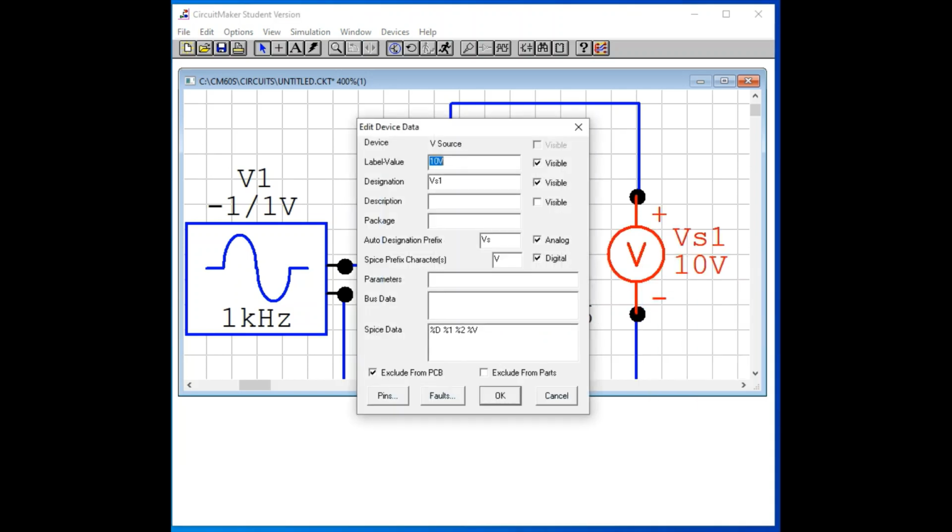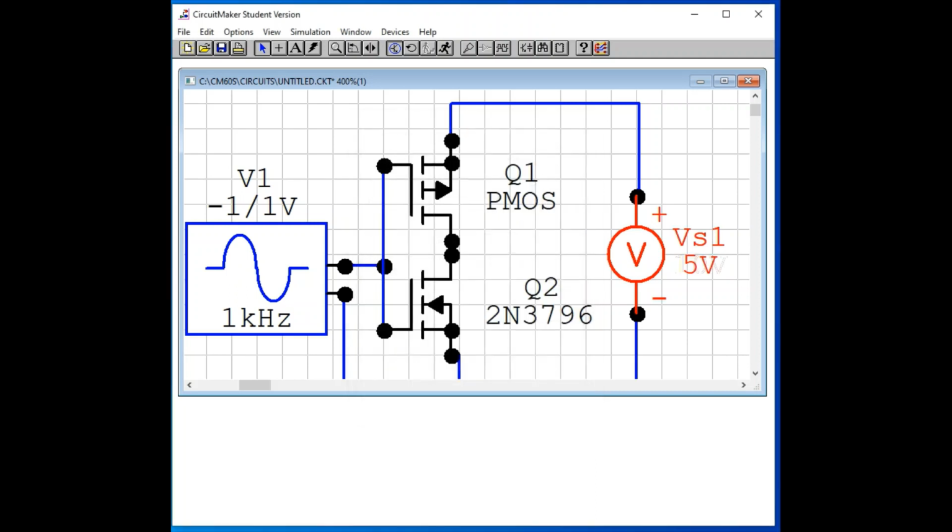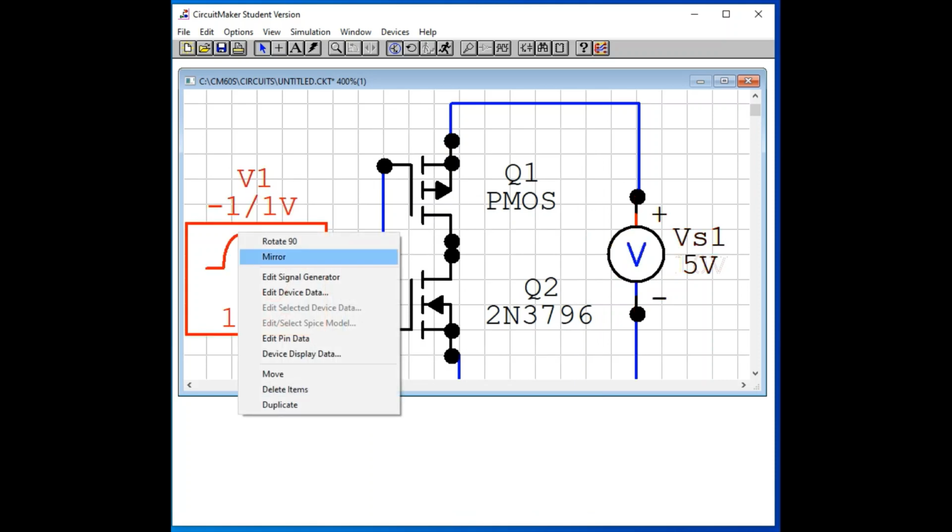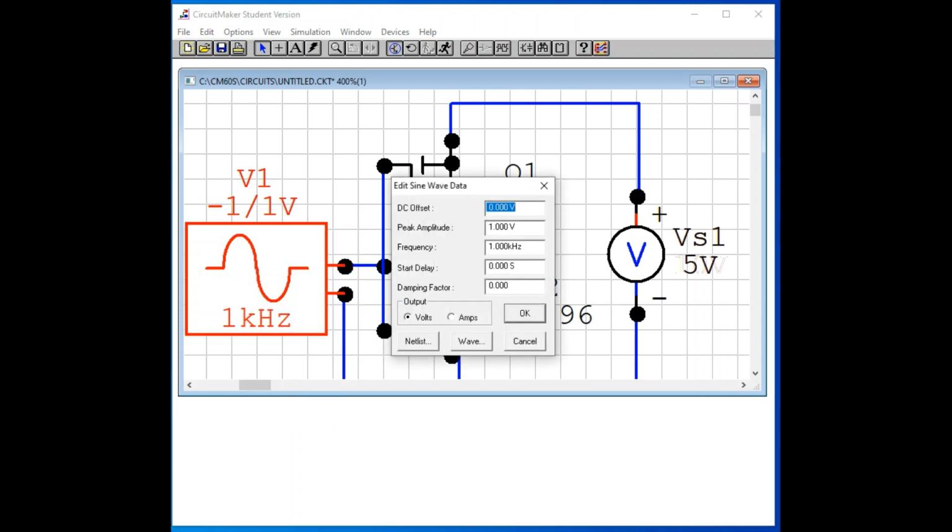So you can basically set it to 5 volt. Then signal generator, right click, edit signal generator. After 0 peak, maybe you can put 5 volt, 1 kilohertz, or you can use 1000 kilohertz.